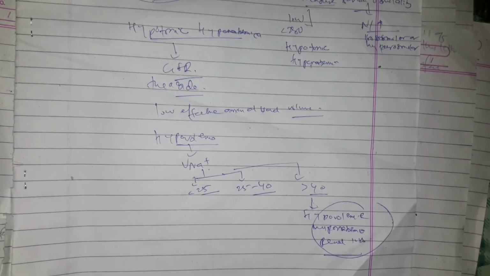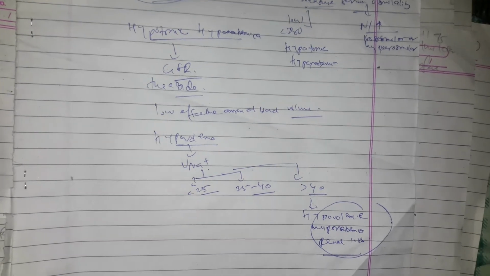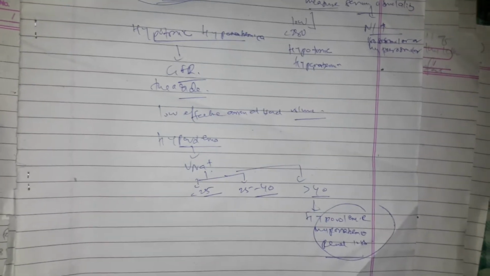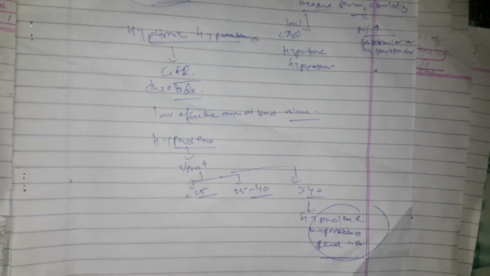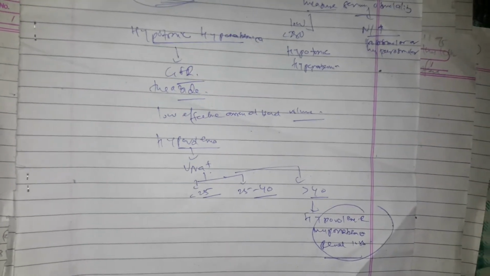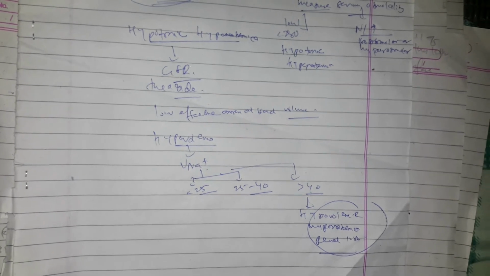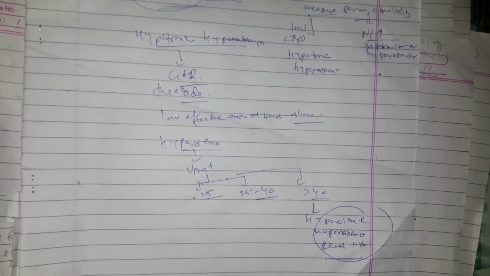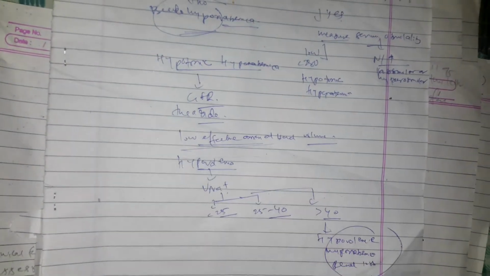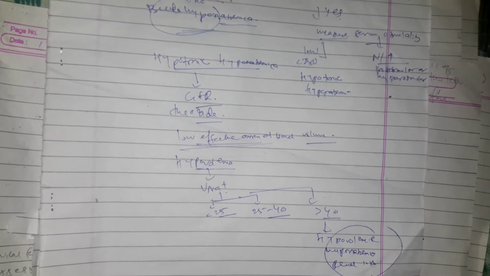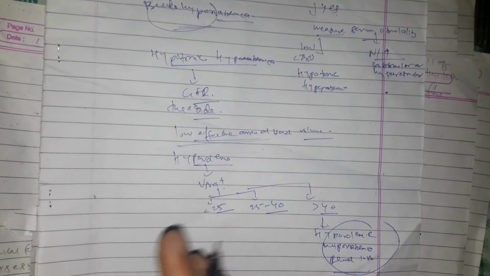And you also have to check whether the patient has used any medications like diuretics, because diuretics may also cause it, or whether the patient has had a head injury or cranial surgery, because cerebral salt wasting can also cause hyponatremia. Okay, and this is about whether the patient has low effective arterial blood volume, and whether there is no sign of hypovolemia.